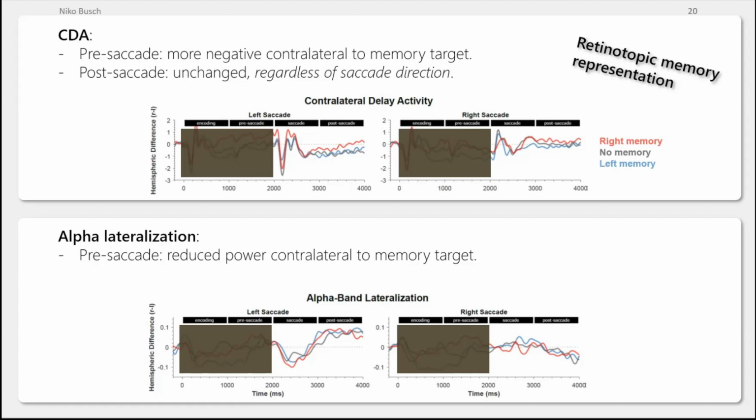Simply speaking, what these data show is that if this is the screen, and I make a saccade to the left, alpha always lateralizes back to the screen center. Same when I make a saccade to the right, alpha lateralizes back to the screen center. That's what's indicated by this lateralization pattern. We replicated this over 2 experiments.